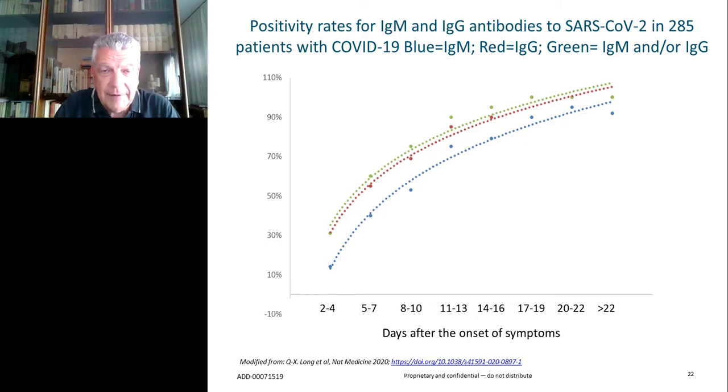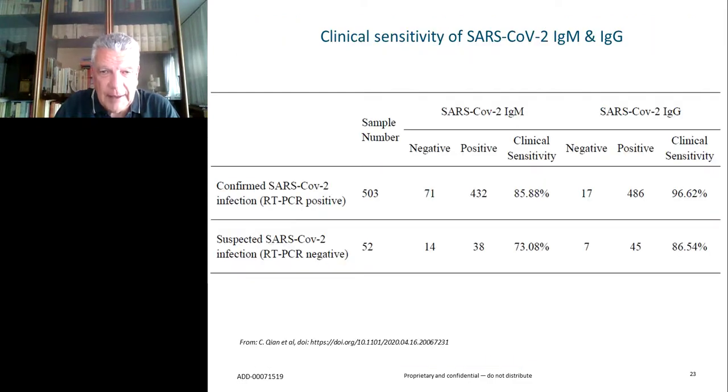But there is still a difference, if you wish. You may note that on the dots here. So let's say that you're testing at this point, around 2 weeks, you have a maximum likelihood of finding the patient positive for IgG than for IgM. But in some instances, you may see IgM coming first.